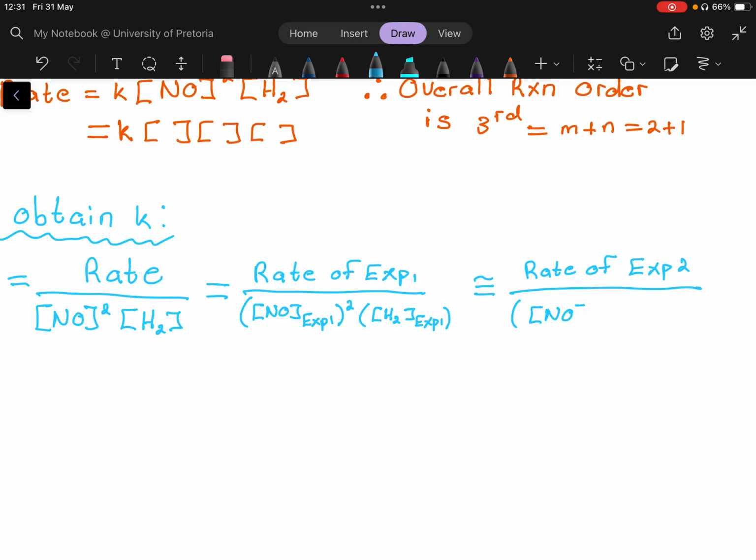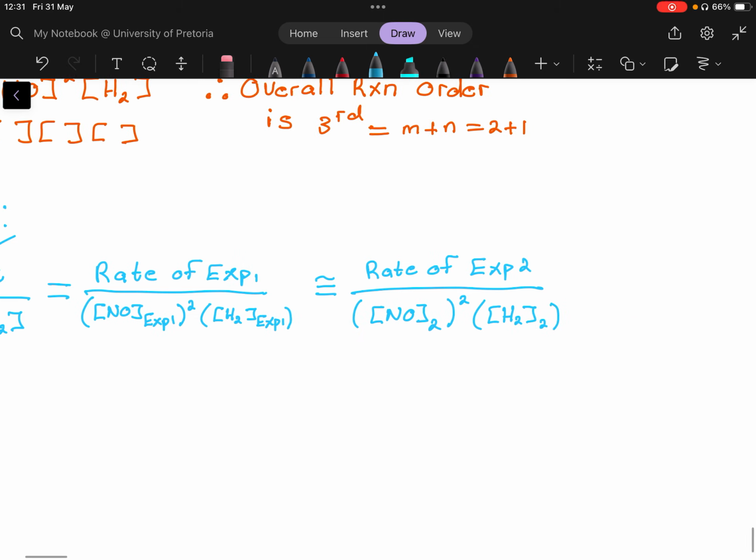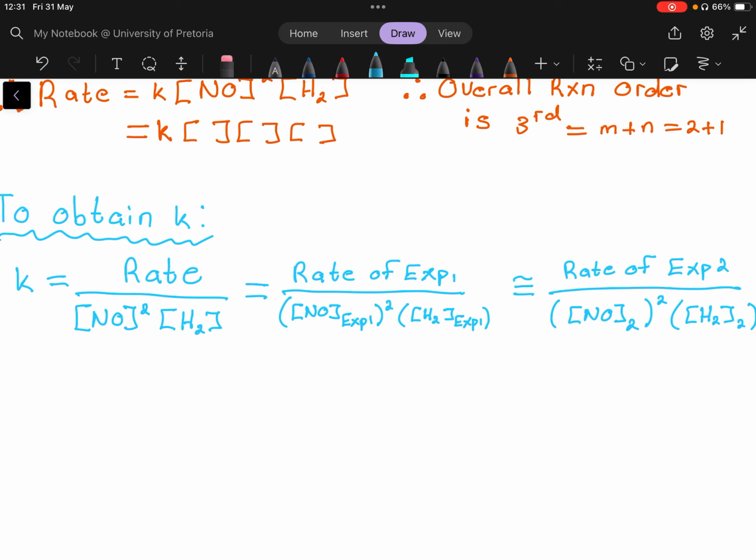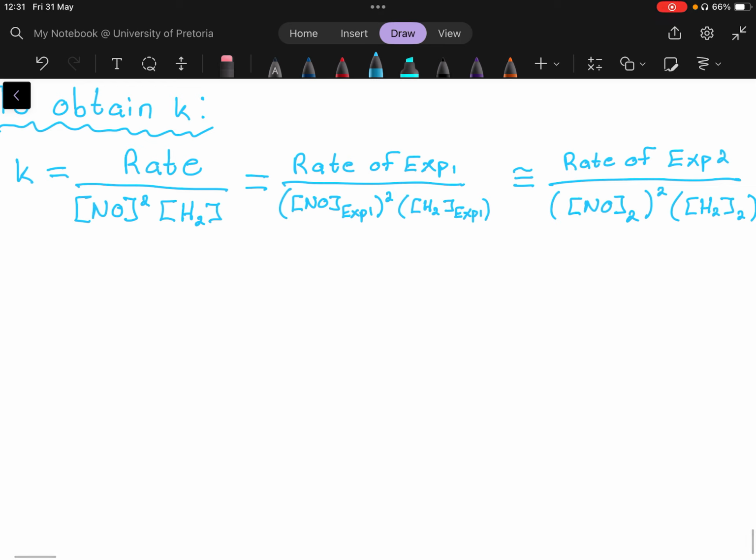I'm just going to drop the whole experiment, so concentration 2 squared H2 experiment 2. You get the idea. And the same with 3. So for 3 over that one. So you can choose any set of the data to calculate this K. I'm going to choose experiment 1